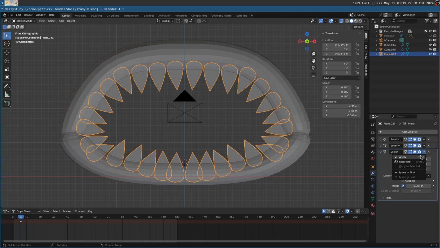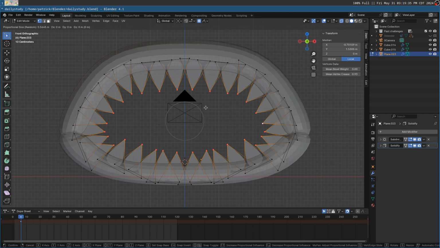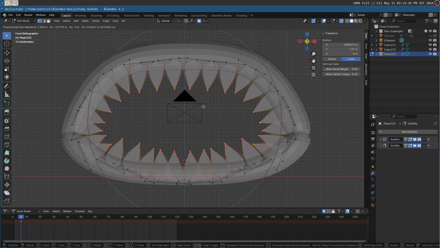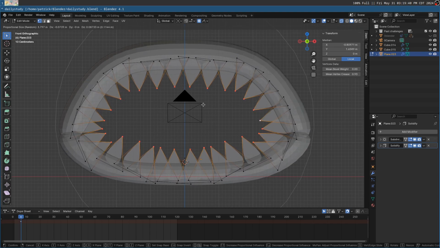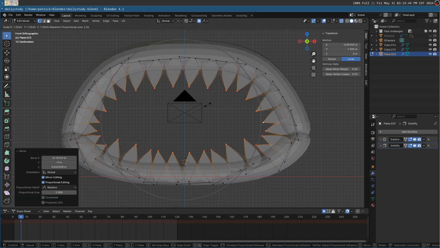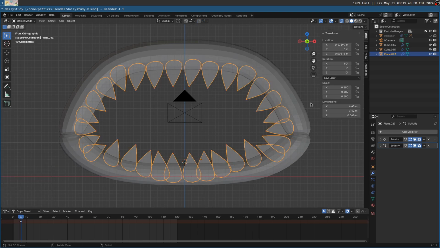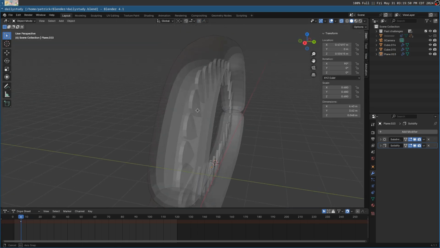So now what I want to do is apply this mirror modifier, and then I can take a bunch of these, or I can select all of them really. And then I can apply some noise. So then I can just shake up the location of all of these. So now it's just a bit more